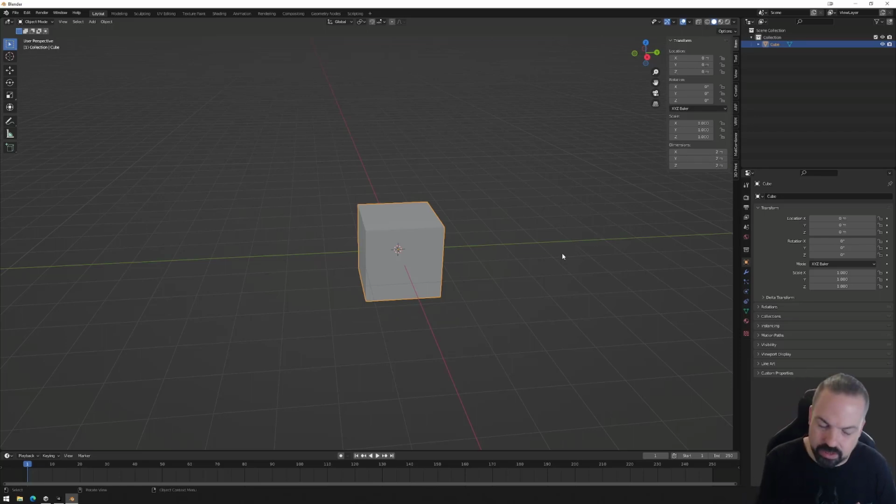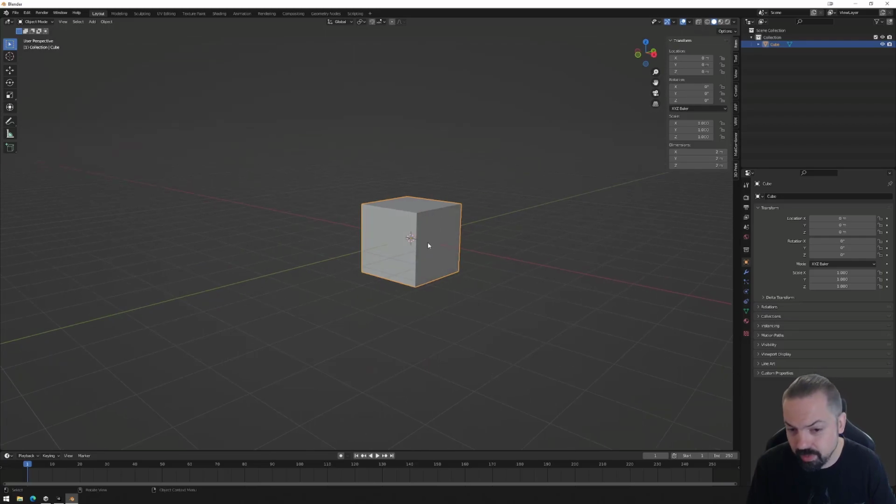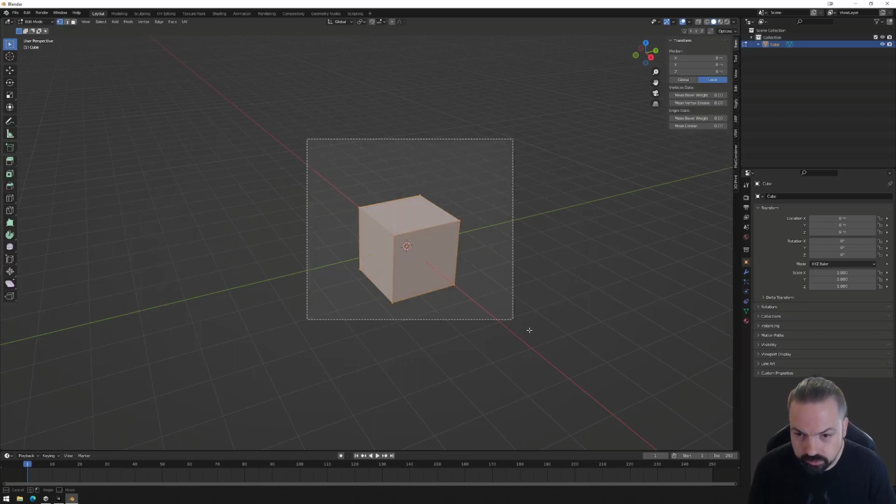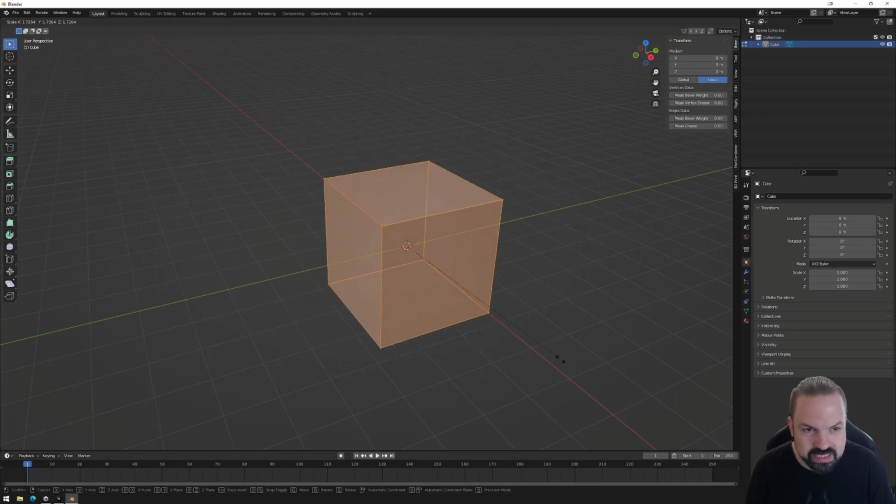When you import this into Unity, the avatar will be about this size. One note though: I'm going to go to X-ray mode up here so I can select everything through it. If I scale it,